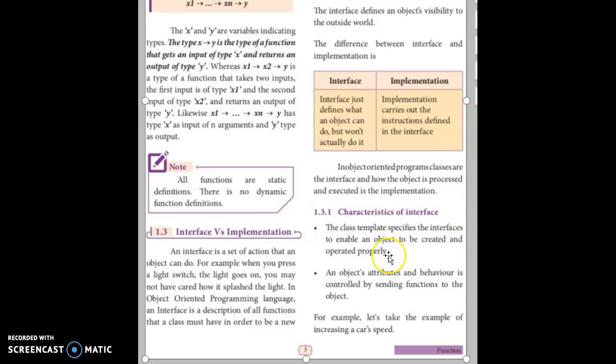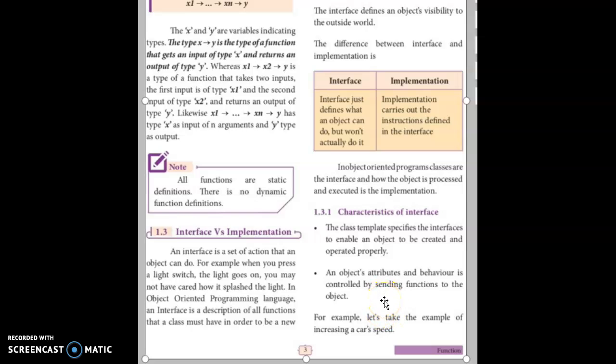We must create the object in a proper manner and operate it properly. Only then can we tell the better performance of the interface. An object's attributes and behavior are controlled by sending functions to the object.